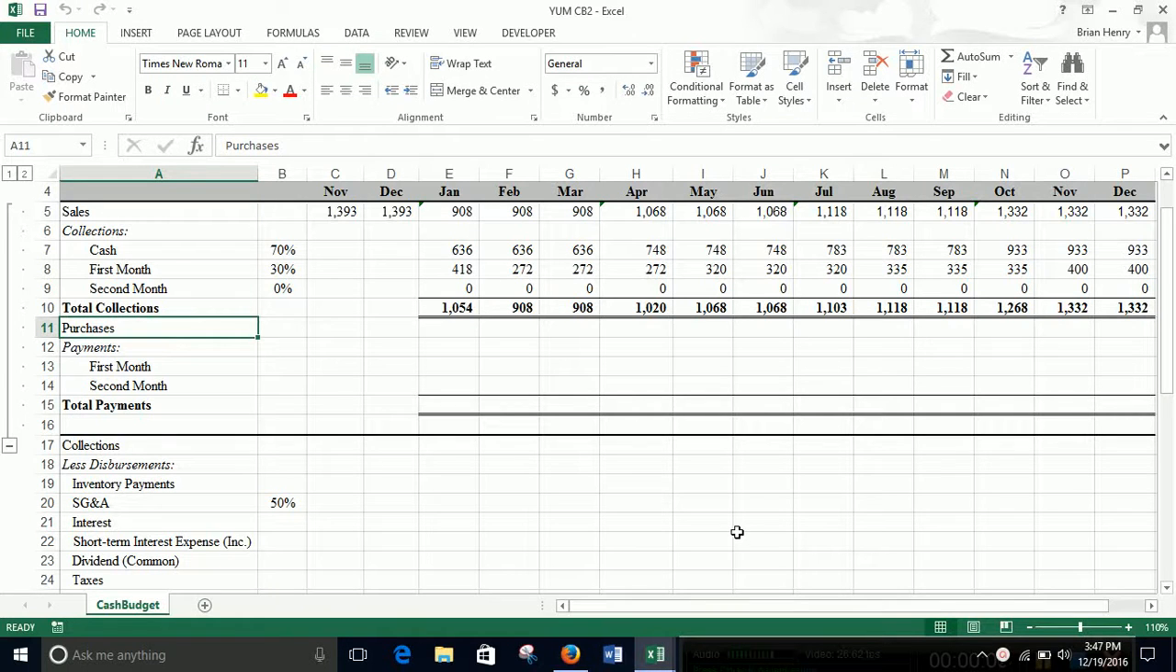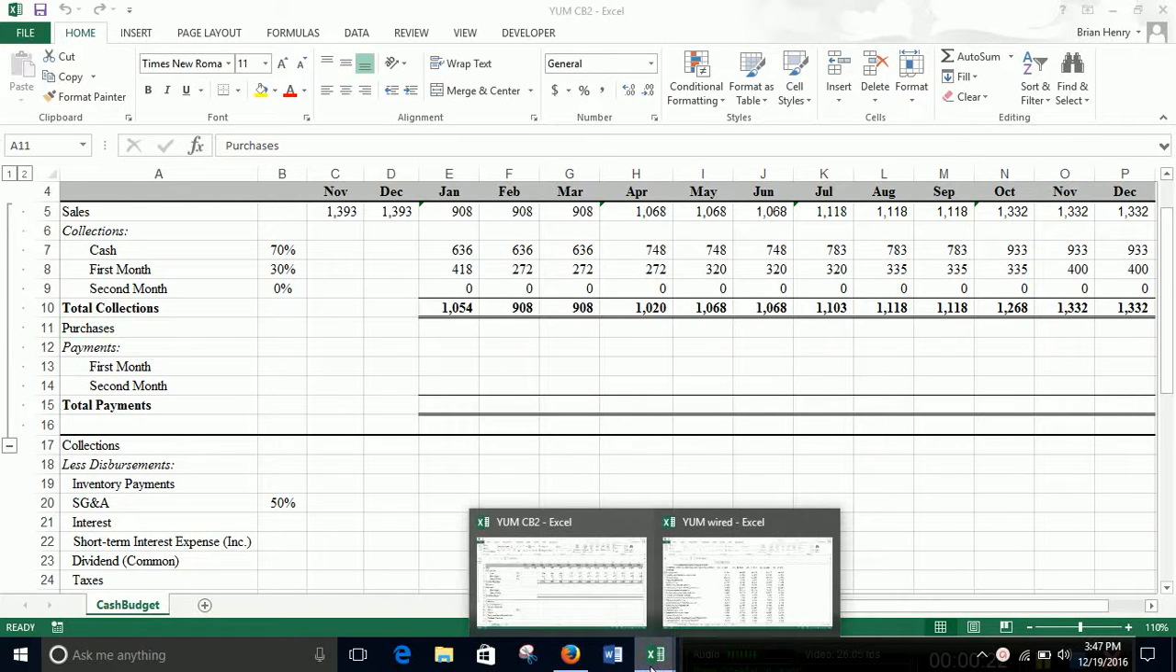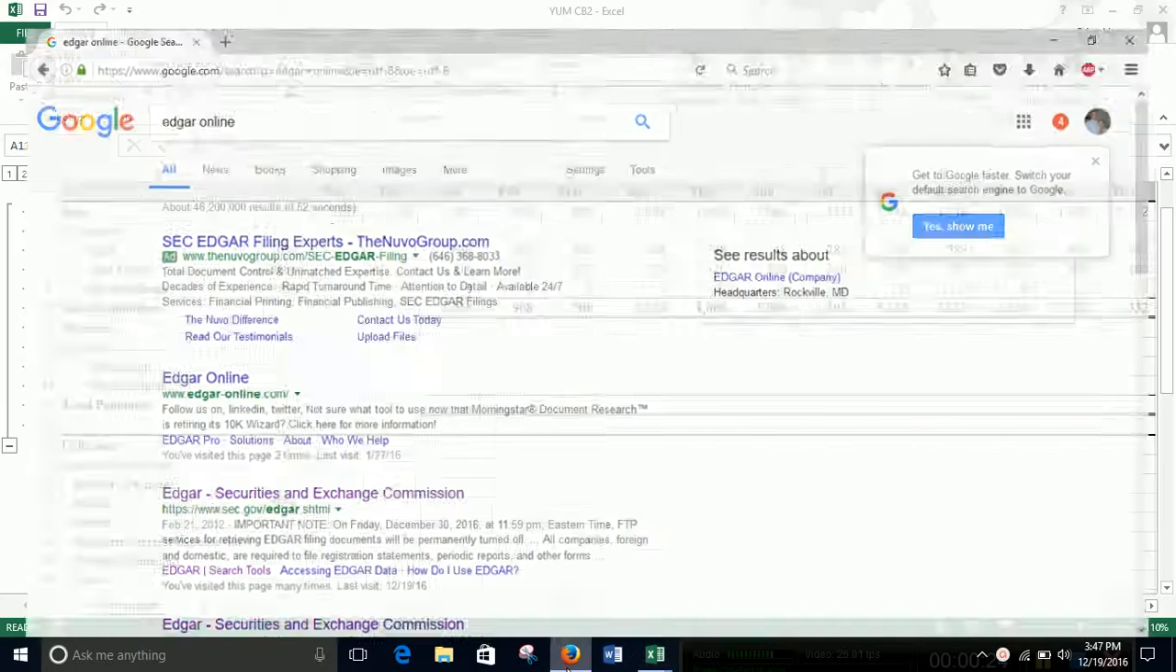Let's continue with the cash budget. So we did collections. Purchases is very similar. We're going to use quarterly and annual statements to spread the purchases for the year out, and then we'll use percentages to talk about where we're buying it. In this case, we're talking most about inventory, so we're going to look at cost of goods sold as our purchases. And so I am going to go back to Edgar Online,